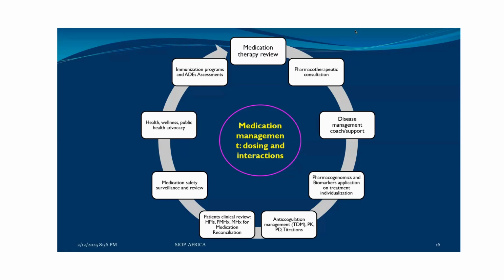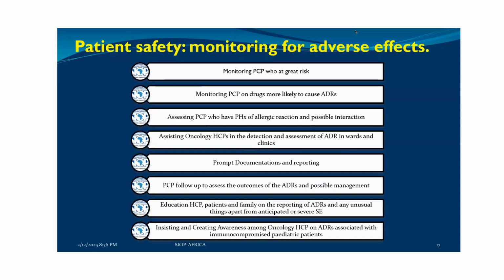Medication safety surveillance review, health and wellness, public health advocacy, immunization programs, and adverse drug event assessment. On patient safety monitoring for adverse events, the clinical pharmacist monitors patients who are at great risk, especially pediatric patients, also patients prescribed drugs more likely to cause adverse drug reactions, and assesses the patient history of allergic reactions. For children this is very important, and for pediatric oncology it is a very important task for us to consider and sometimes to advise on